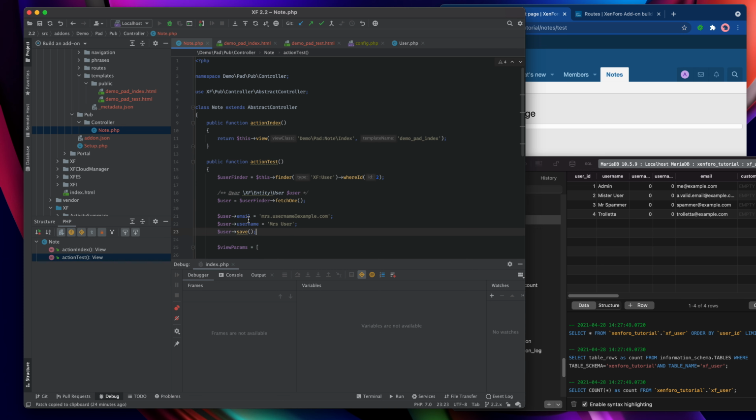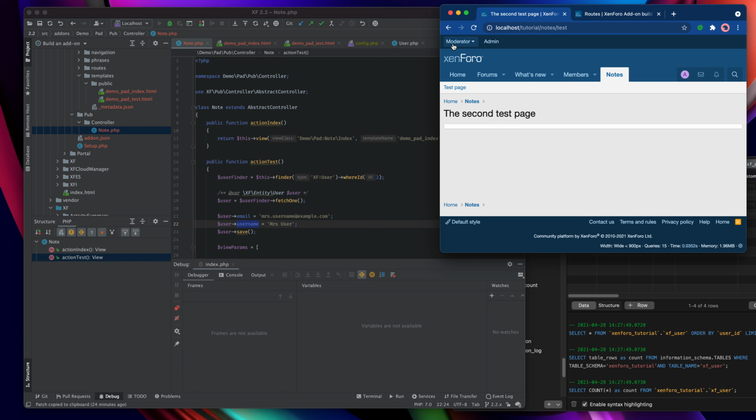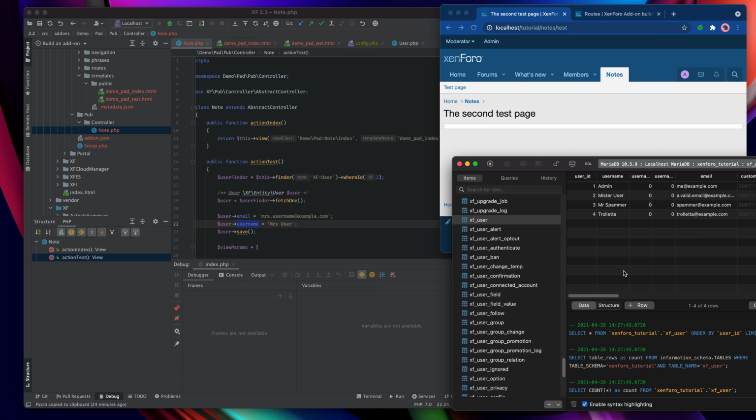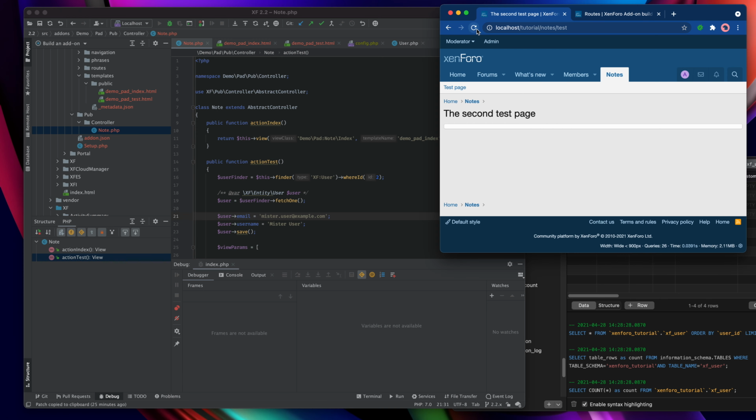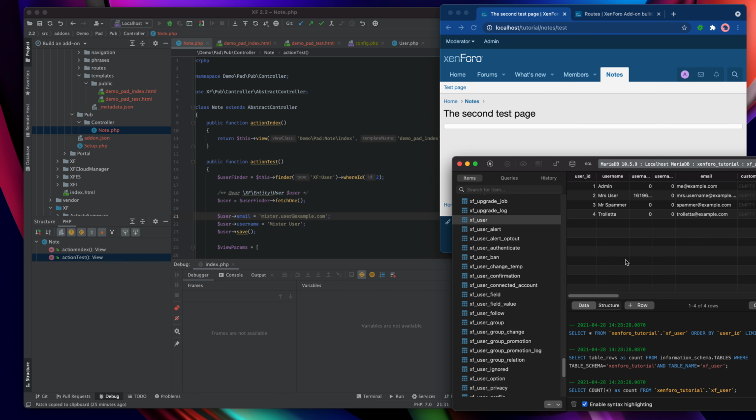So we're now setting the email and the username, and then we're going to hit save, and what we should find is that, sure enough, that's all updated as we'd expect it to. So now let's change this back so that it doesn't change all my denormalized data in the database. Mr. User and Mr. User, I think it was MIS, wasn't it? Mr. User at example.com. Let's save that out. So doing updates to users is that straightforward.